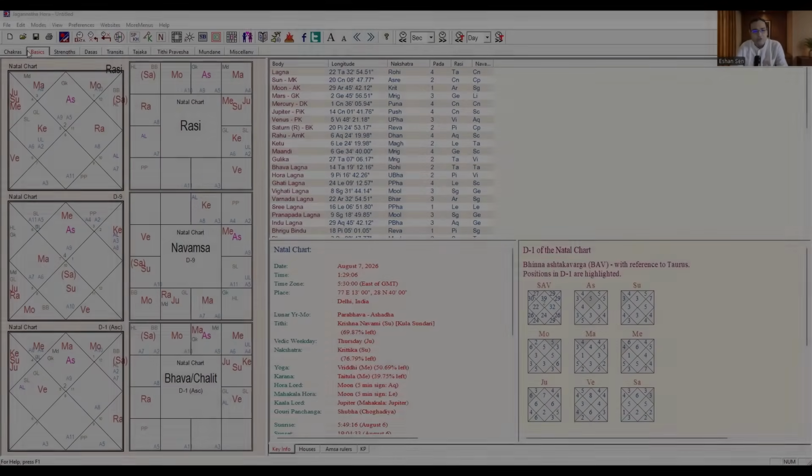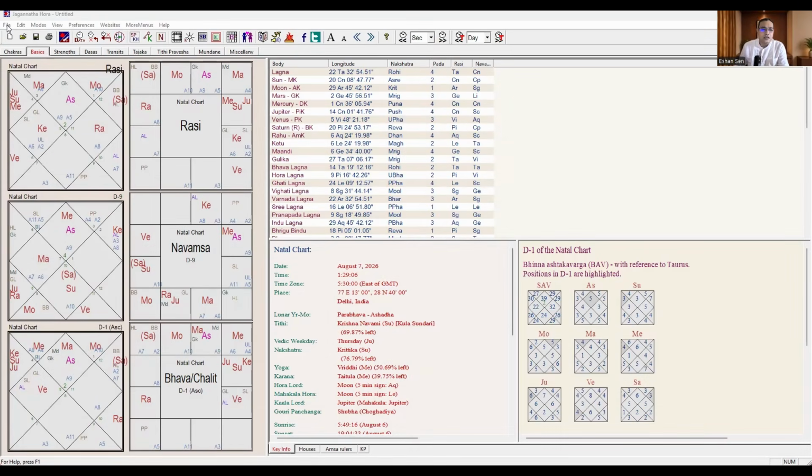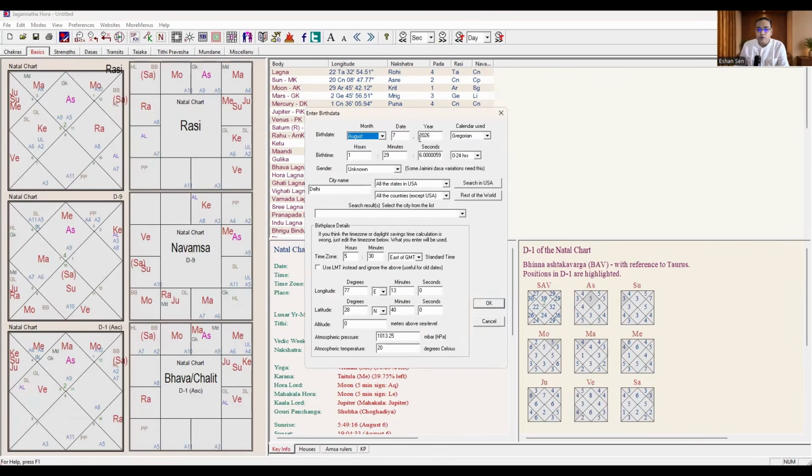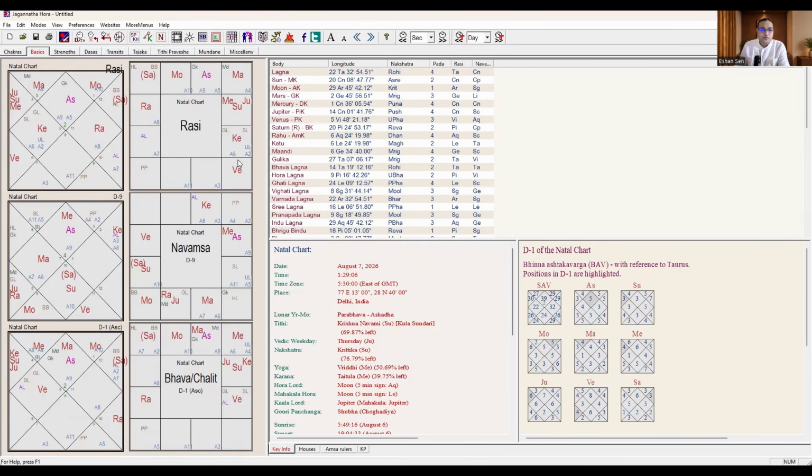So now let us move into the chart and understand how it is done. Suppose let us take this chart. This is a chart of no one, nobody. This is the current chart that I have taken. If you want to check the birth data, it's August 7th, 2026, night at 1:29 or 1:30. So this is when I'm doing the video for you guys. So like it, please. Jokes apart, let us see how to calculate Manushya, Rakshasa, and Devta.